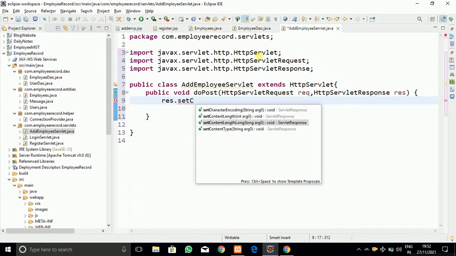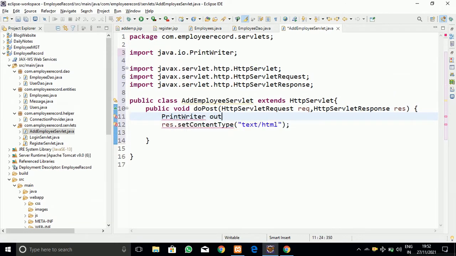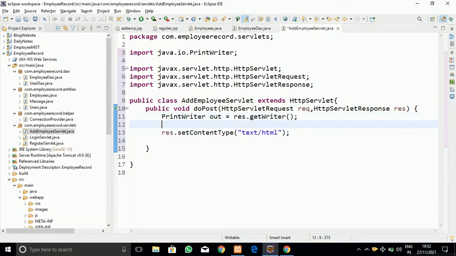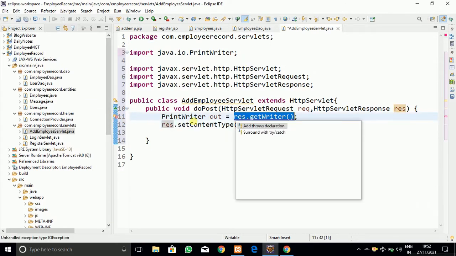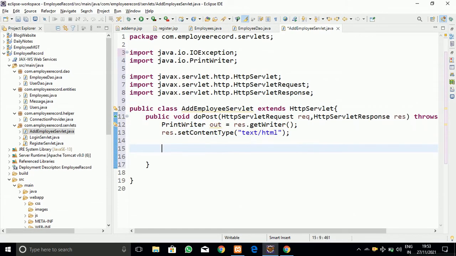response.setContentType to text/html, as we are sending the data in HTML format in the response. To print the data onto the web browser, I am going to create the object of PrintWriter.